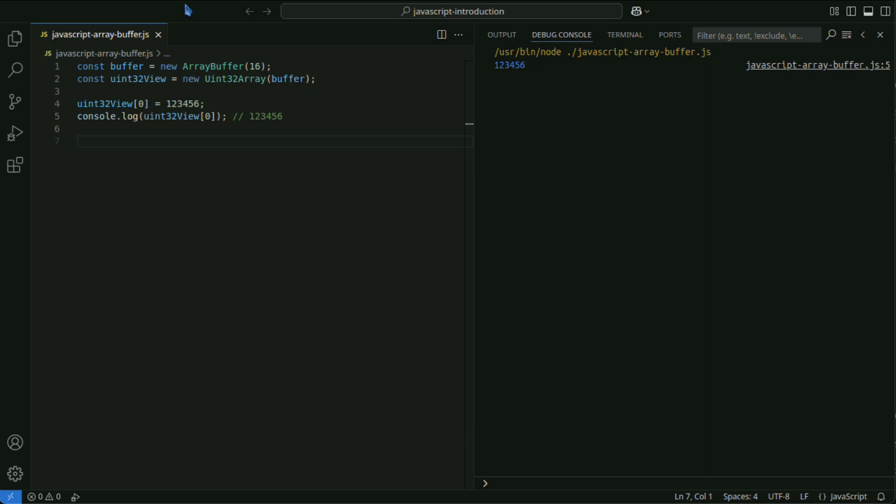Typed array can only handle data of a fixed type, but by using DataView, you can write data of any type to any location. This is particularly useful when dealing with buffers that contain mixed data types.